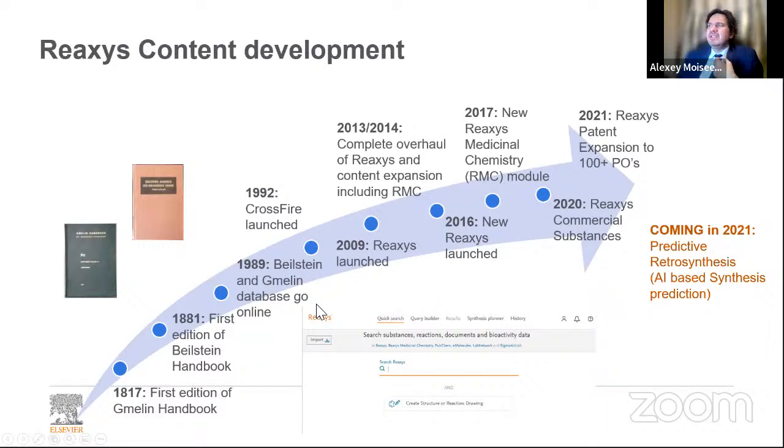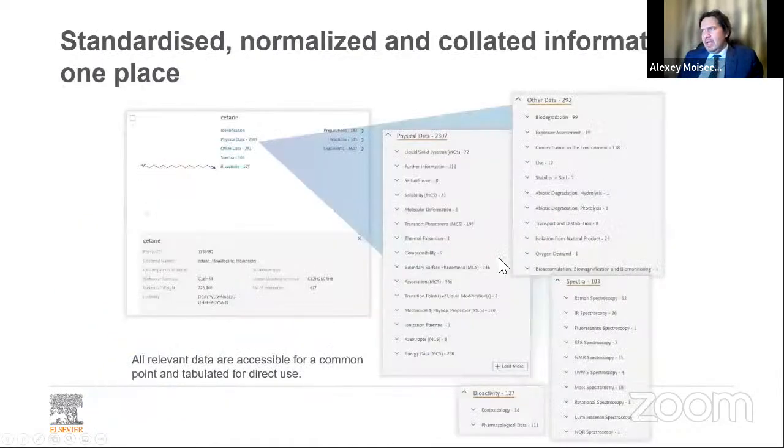We have been developing this database for many years, and every year we have some expansions and new features that we implement into Reaxys, and these features can become interesting for you. So we very often organize trainings, training sessions and webinars that explain new features and new expansions that we have in Reaxys.